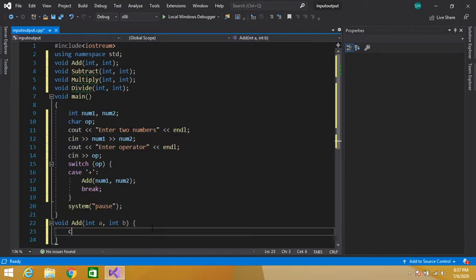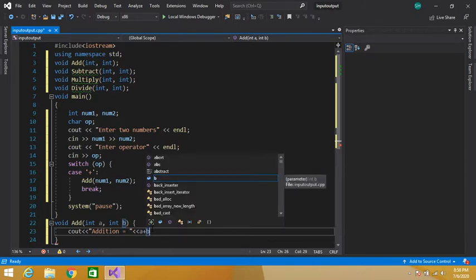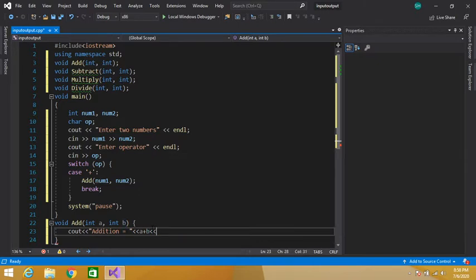So here I will display the result. Cout addition is equal to a plus b. We will add these two numbers.